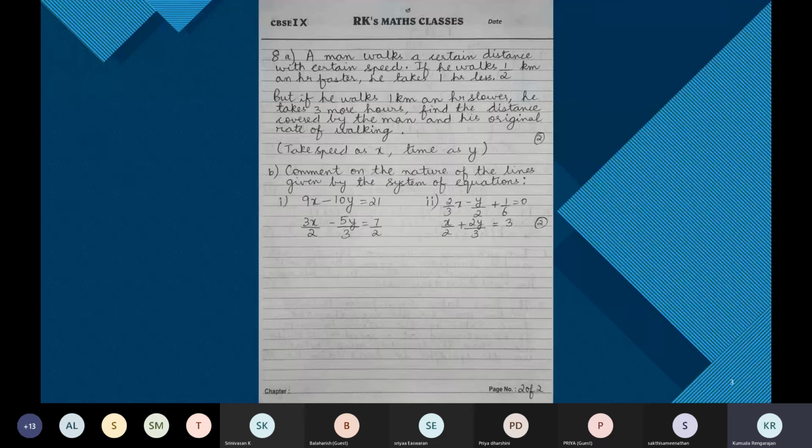And here in this answer, we are assuming speed and time because in the question, there is some information regarding speed and time. See here, the speed more than time less. Here the speed is less, so the time taken is more. So the information is about the varying speed and time. So we'll assume the actual speed is x kilometer per hour and the actual time taken is y hours.